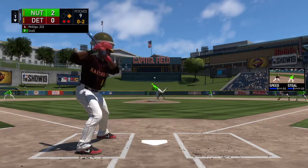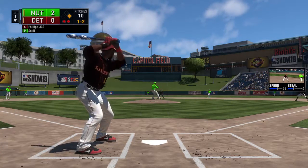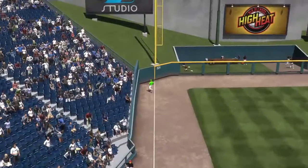Hoping to send him packing. Pitch on its way. 1-2. A ball and 2 strikes now. In the air, down the line in left. Jimenez is in pursuit. He's got it. A great running play, and that'll...